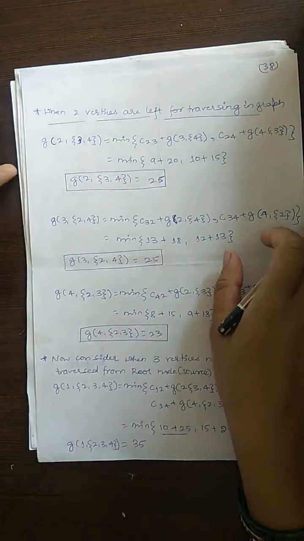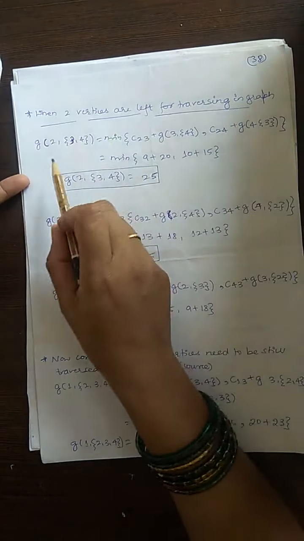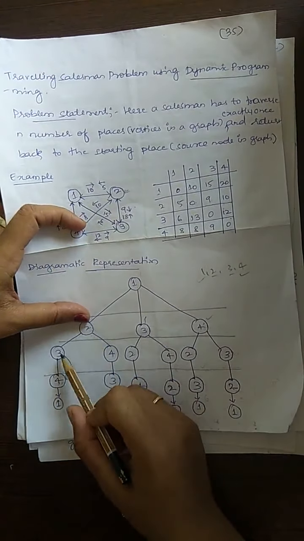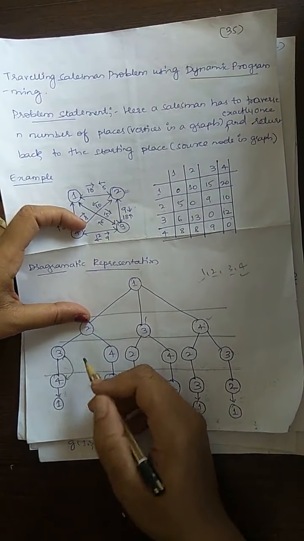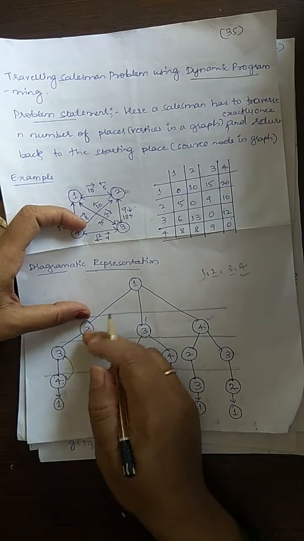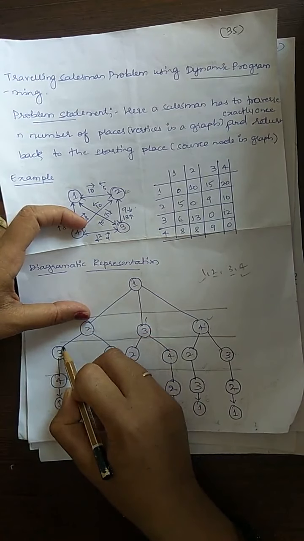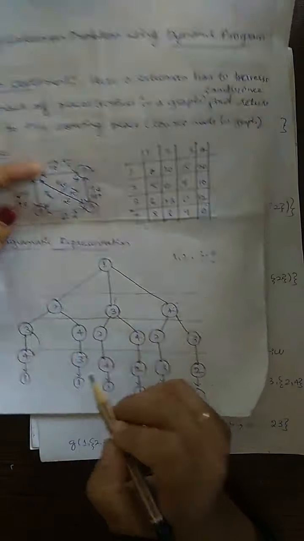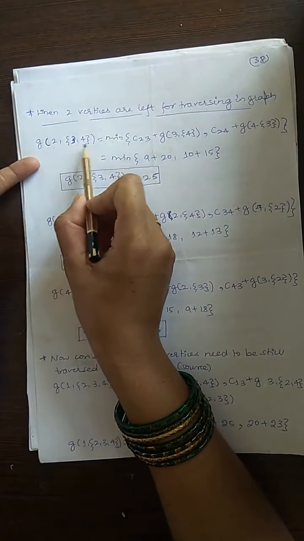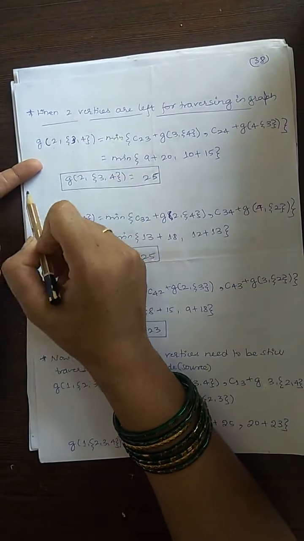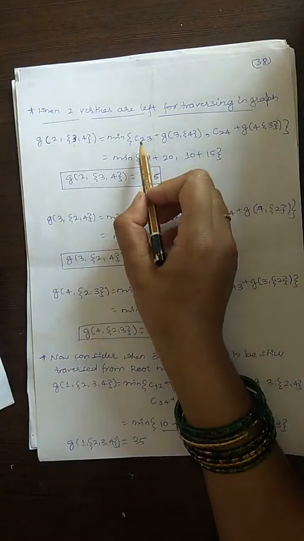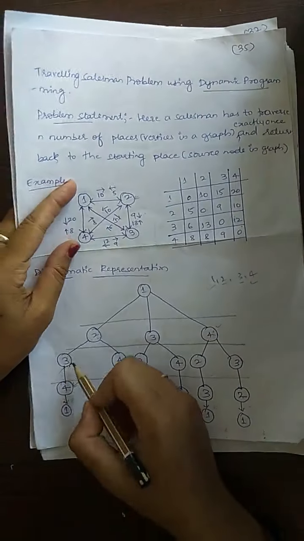So when 2 vertices are remaining for traversing, I have reached 2 here. Which are the remaining vertices here? 3 and 4. But these are not individual, so you are required to find the distance from 2 to 3 and its remaining, from 2 to 4 and its remaining. So now from 2, with 3 and 4, 2 vertices are remaining. So how do you write? Minimum from 2 to 3 and remaining vertices. So from 2 to 3 plus cost of 3.